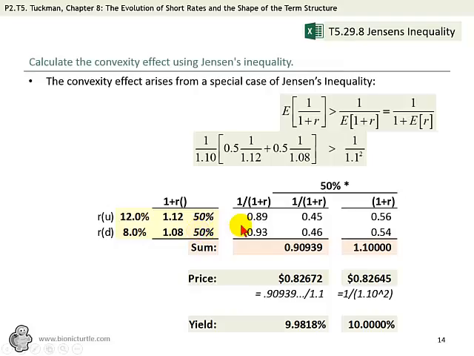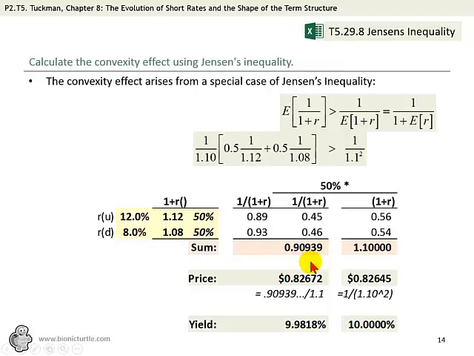And so that means that if we look at the left-hand side here, the reciprocal, 1 divided by 1 plus the rate, or 1 divided by 1.12, is 0.89. And here, the reciprocal 1 divided by 1.08 is 0.93. And then we're getting the expectation over here, the left side, by multiplying this by the 50%. So it's a weighted average here. The 0.89 times 50% is 0.45. The 0.93 times 50% is 0.46. Summing those, we get